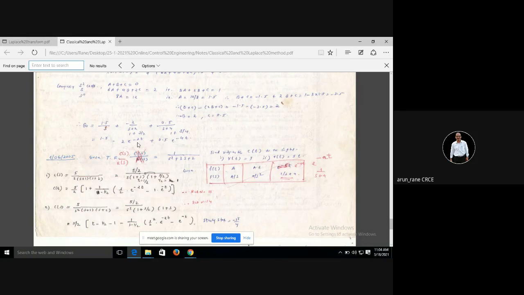ये देखो this is क्या है आपका 1 upon e raised to 2t and 1 upon e raised to 4t, correct? Minus जो है वो. Now you go on substituting t का value. As t increases this becomes 0, isn't it? As t increases this becomes 0. Alright, so that means this is what is your transient response. So I can find out the value of this should be 0 and what is the corresponding time t.